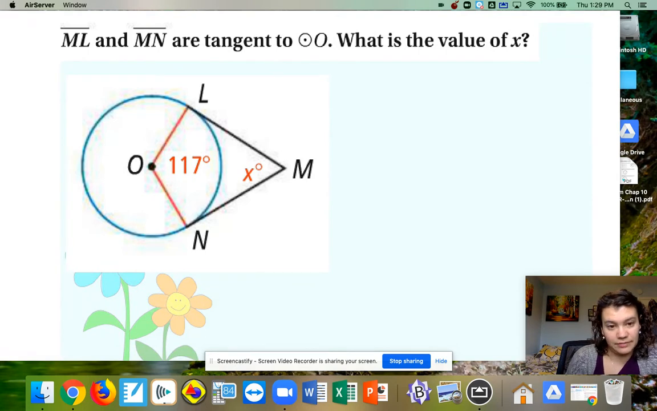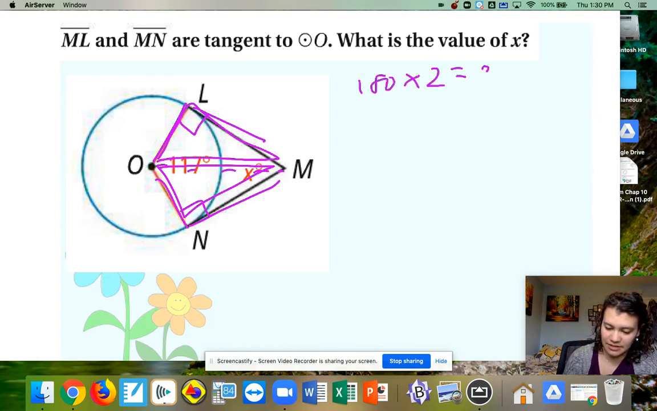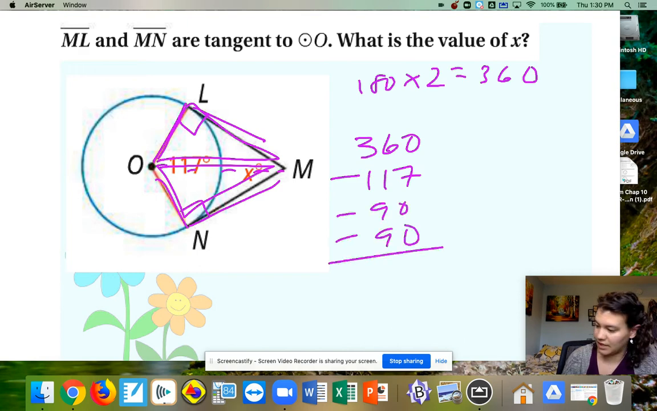So another example here, we have two tangents and two radiuses. So we have some nice 90-degree angles. And then we want to figure out what x is. So here there's a couple different options. First, if you sketch this in right here, we have two triangles if we cut it in half. So we have one triangle and two triangle. So you can double 180 to get what your total should be. So 180 times 2 is 360. So then you can do 360 minus 117 minus 90 minus 90 and get an answer of